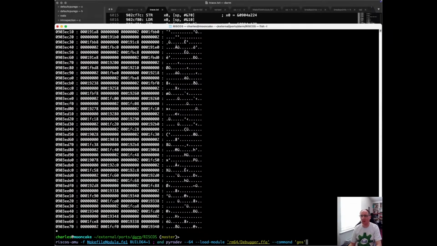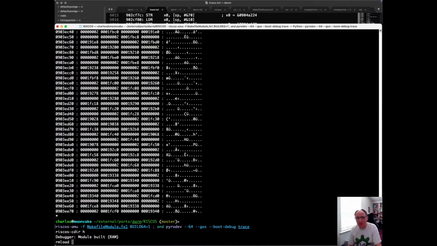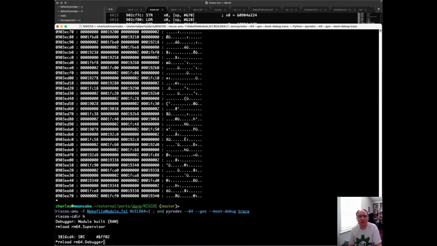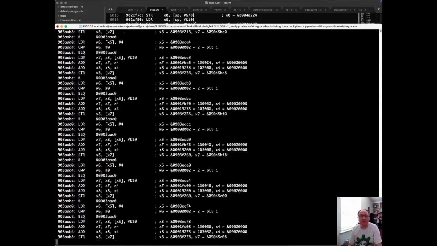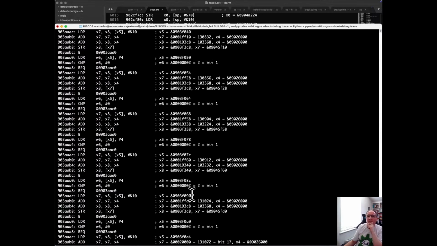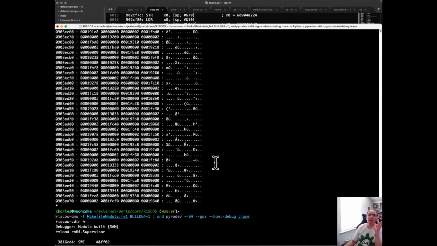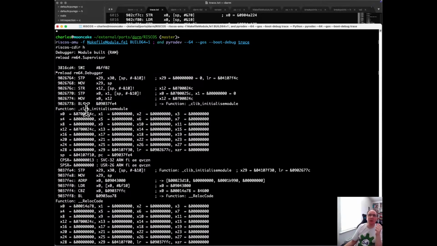Right. DOS boot debug trace. Load. I'm 64 dot debugger. Yeah, this is the relocation code, and that's the relocation table. It's obviously a lot here, but yeah, we start off, we call clib initialize module, and then we go straight into relocation code here,